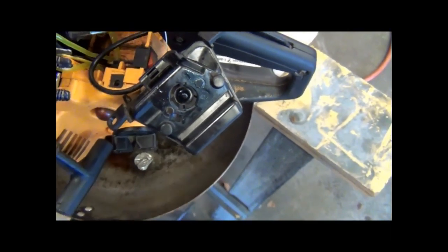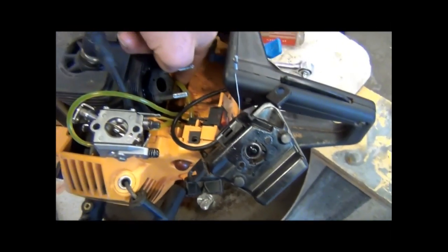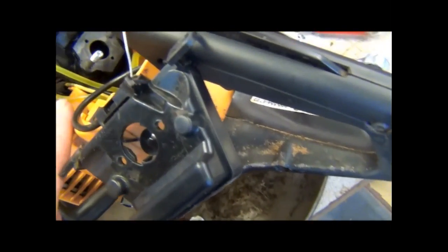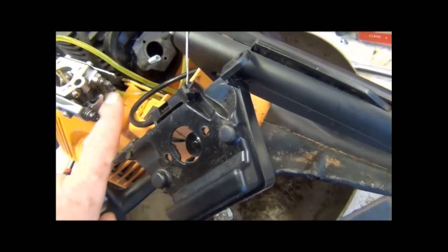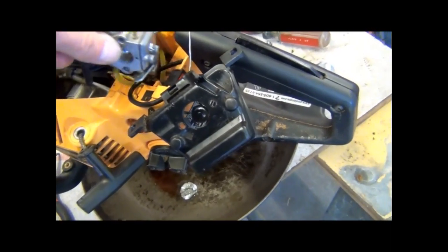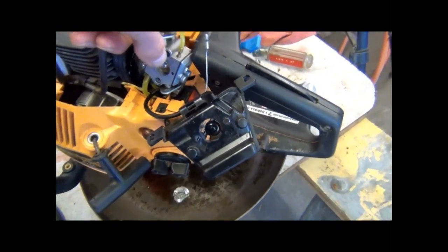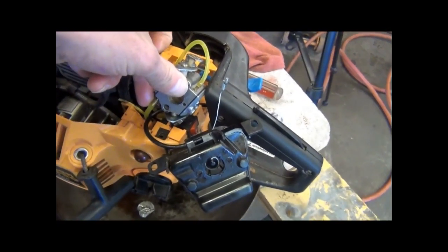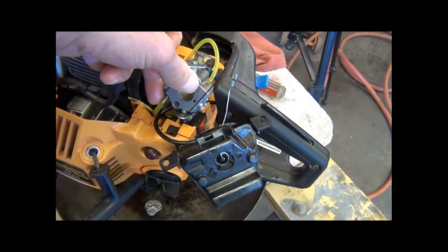fitting goes to the fuel line that goes into the actual tank, and then you got another shorter, larger diameter fuel line that goes to this side of the carburetor. Remember, the carburetor sits in here like this. I don't want to put it in a bind here, but you know how it goes in there. It goes to that side of the carburetor,